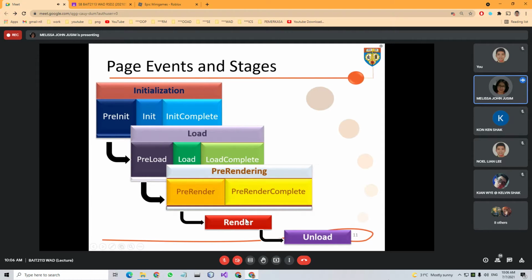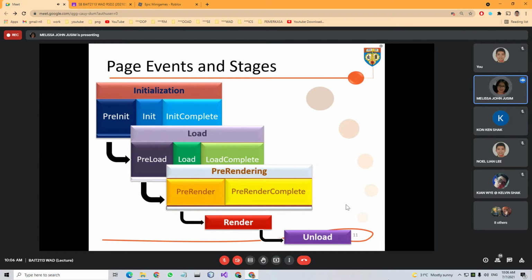And then render. This is where our HTML writer object will generate. Remember our HTML? Get all the HTML text generated, and then we will see the output. Now, how about unload? Unload means we release any critical resource. For example, if there's a file being opened, we release the file, meaning we close the file.